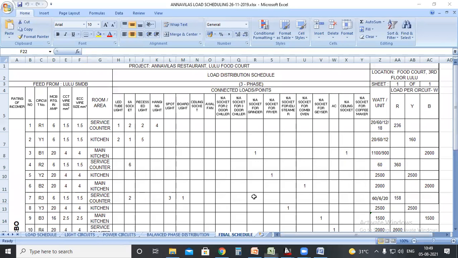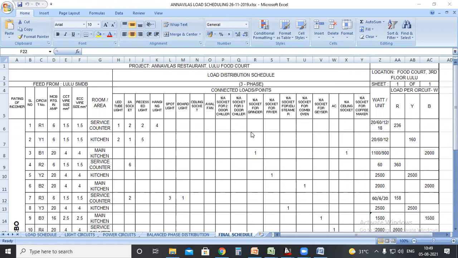this is a final schedule. If you take a printout of this particular Excel file on A4 paper, you can print it on the inside of the distribution board door. The person coming for maintenance or repair works, to check what the fault is, will understand which circuit is on which phase and where it is going. So how do you prepare this final schedule?